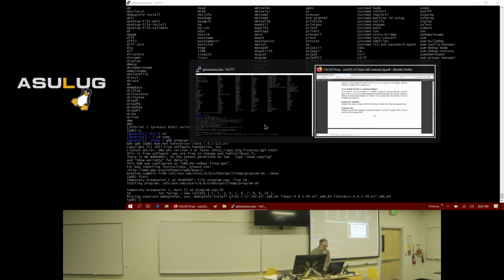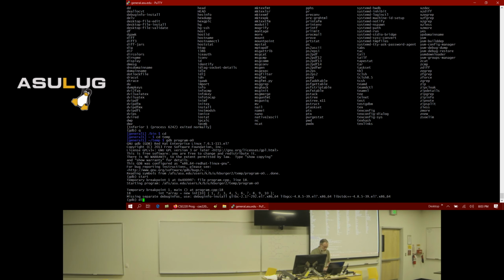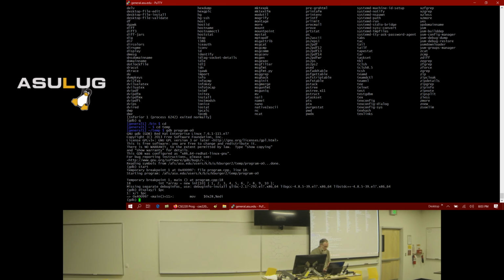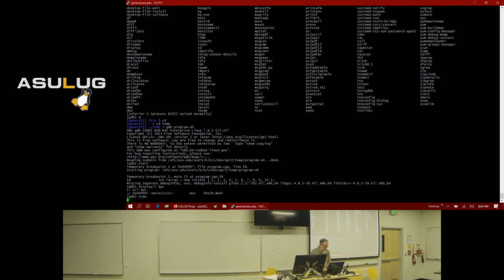And now I'm going to do this display /i $PC. So notice what happened. It displayed the machine language or assembly language instruction, which is at address 400997. Now if I do step,